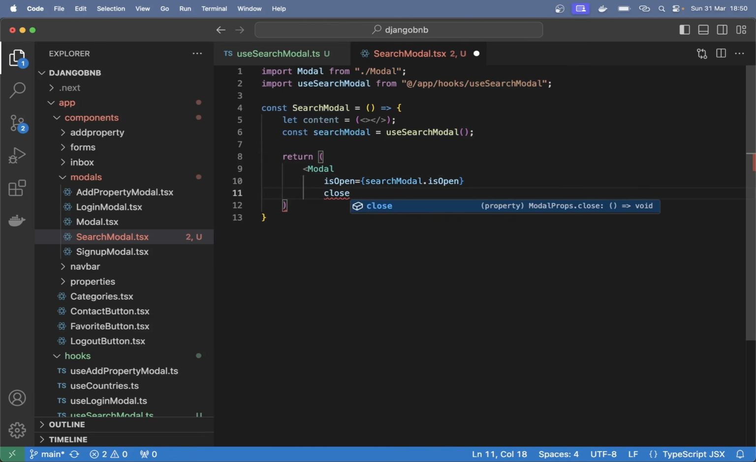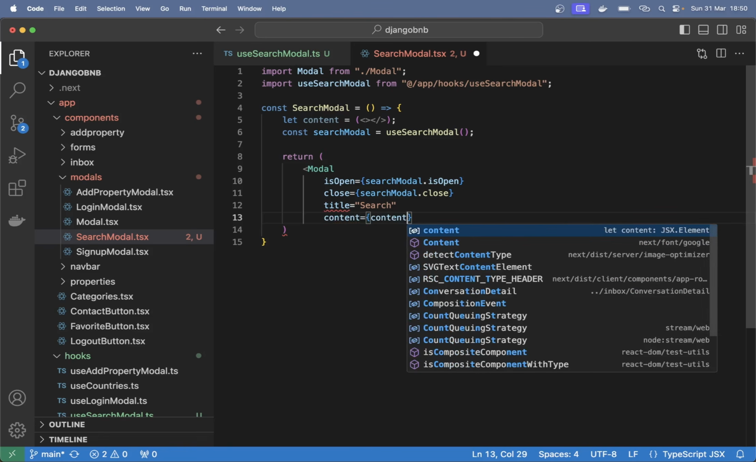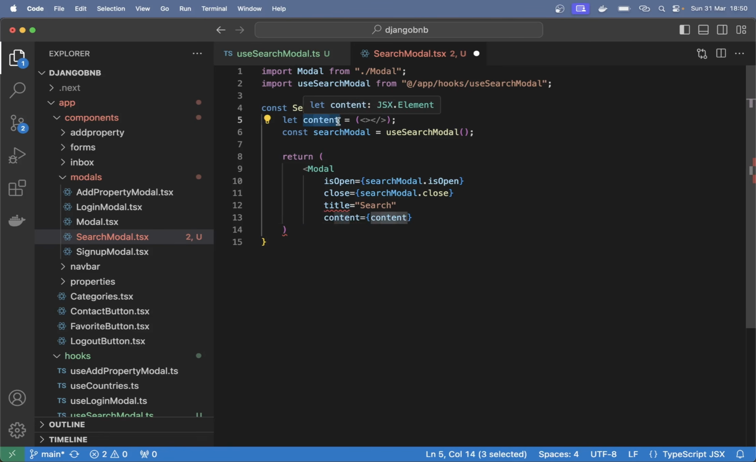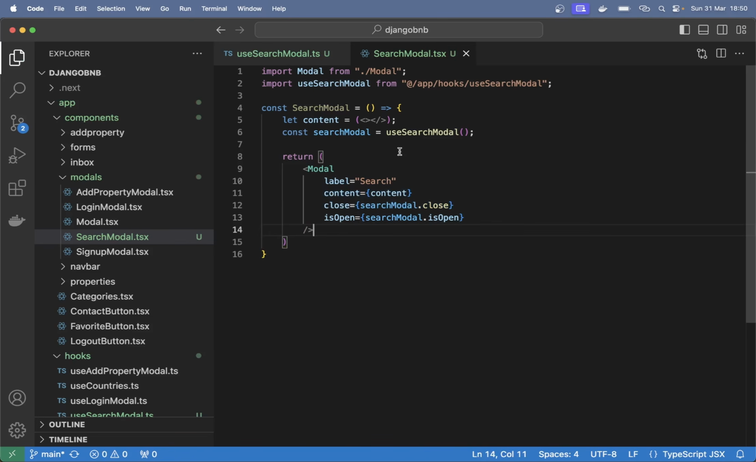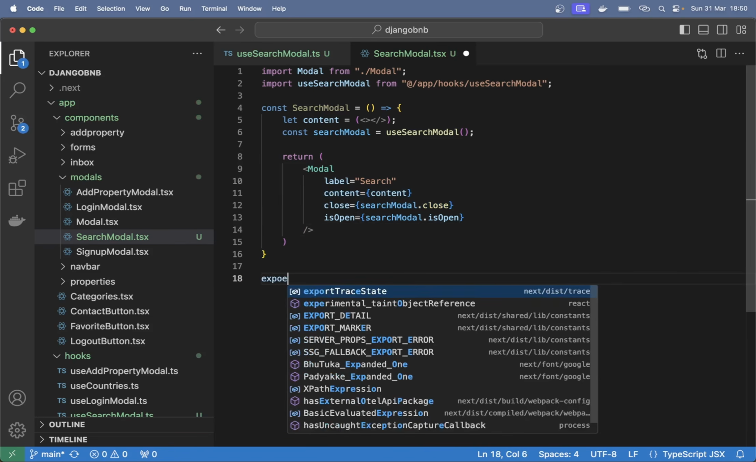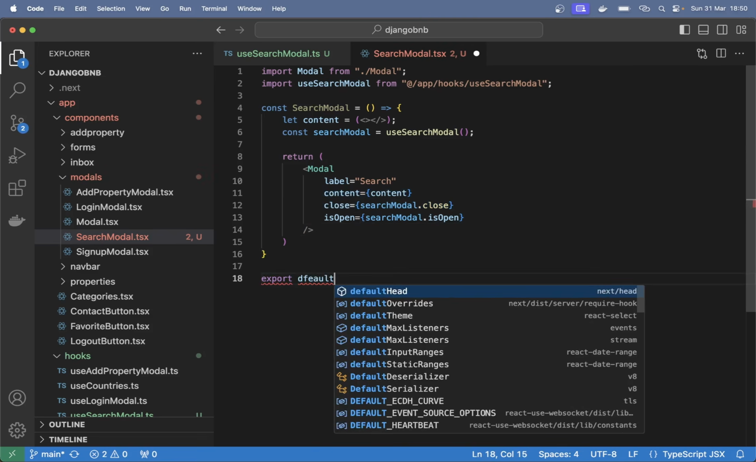For example, the close. When we close this, search modal dot close, and I want to set the title to be search, and last but not least the content. So then we just pass in this here. Label may be the correct one, yes. Okay, so if I just rearrange this now to make it look a little bit better, like that. So then I just want to export this, export default